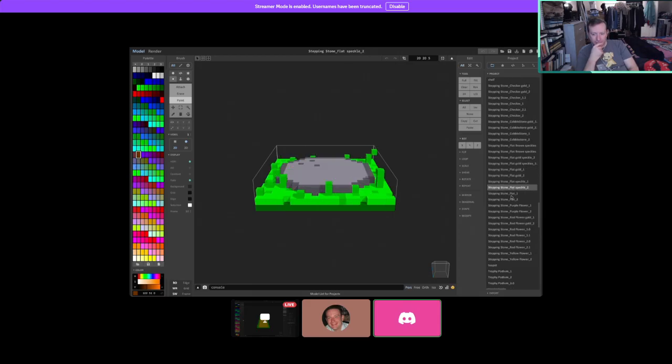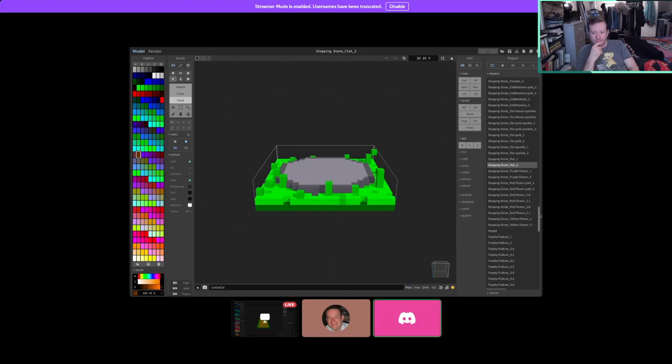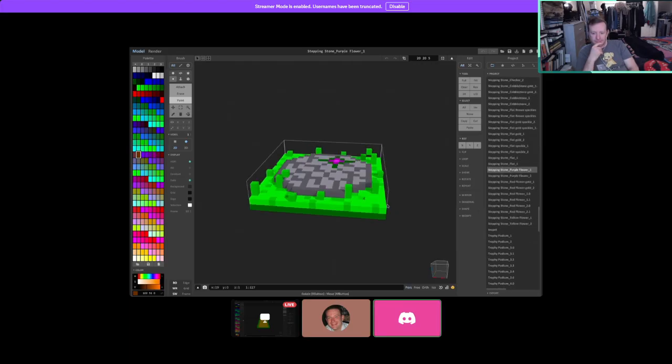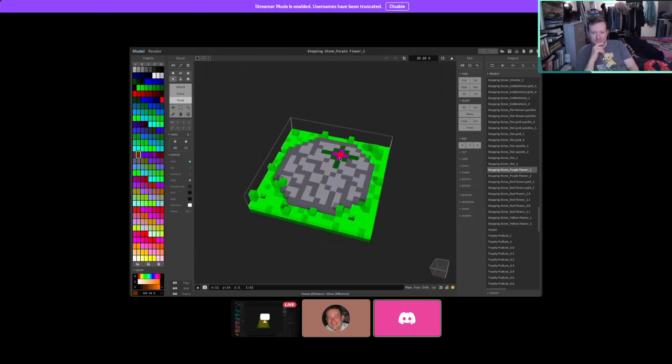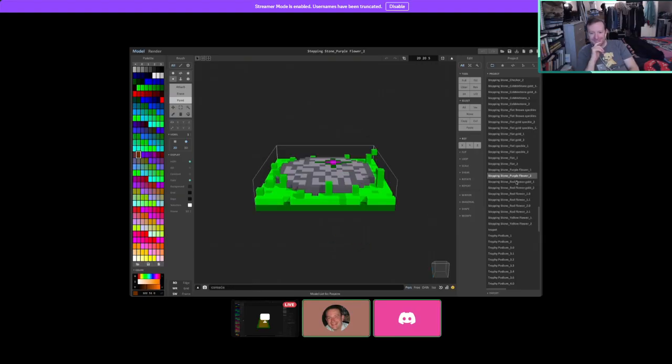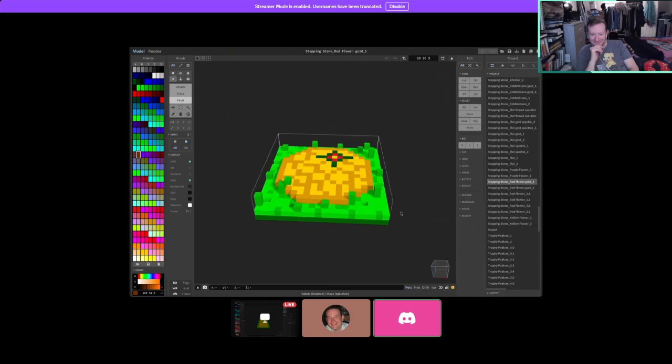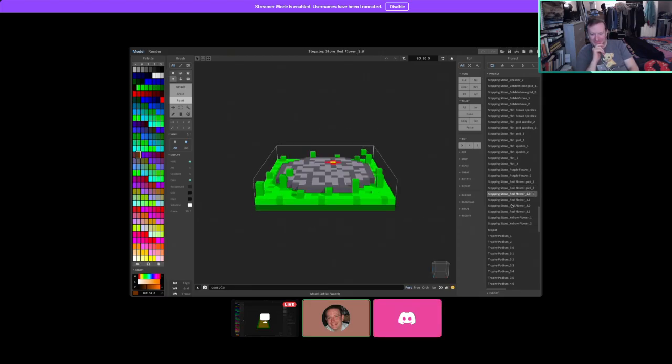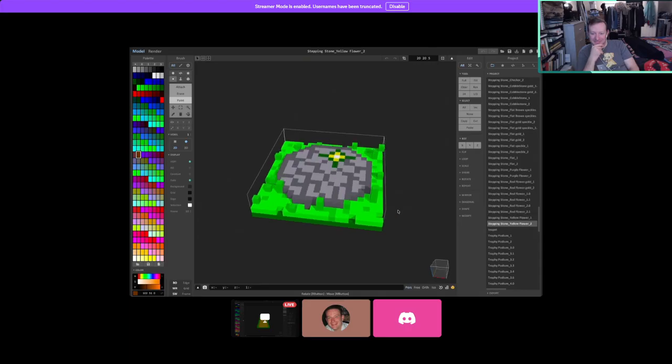These are just different variations of stepping stones. Little flat ones, some have speckles, some don't. And then I got into this idea with the little ones with flowers on them. And I did ones that were gold with the flowers too. It's so cute. Red flowers, purple flowers, and yellow flowers. So I thought those could be really fun somewhere in there.